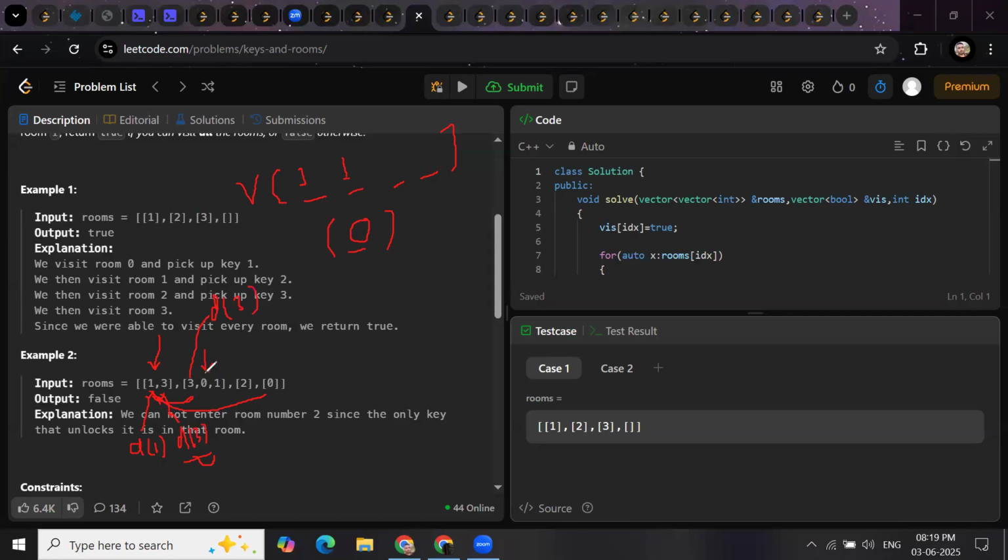Now 0 is already visited and 1 is already visited, so it will not make any DFS call for this. Now it will go to 3. 3 is having 0, so 3 will also be marked as visited. So index 3. Now it is having key 0, so 0 is already visited, so it will not make any DFS call. So this DFS will return. So this DFS call ends. This is called through DFS 1. So this DFS call will end, and this DFS 3